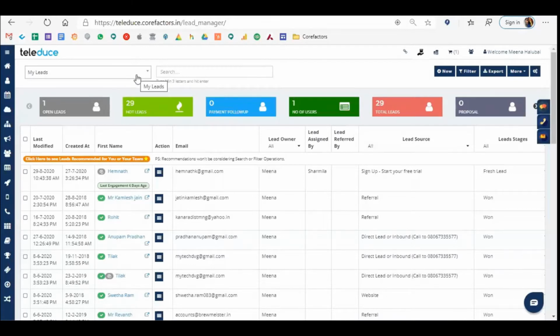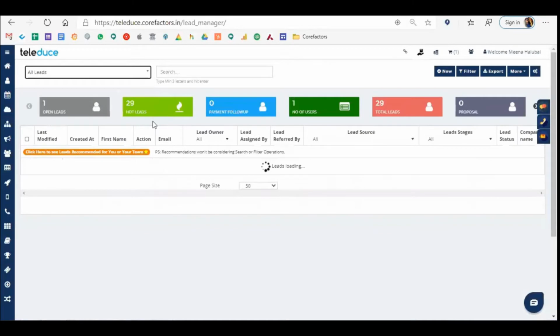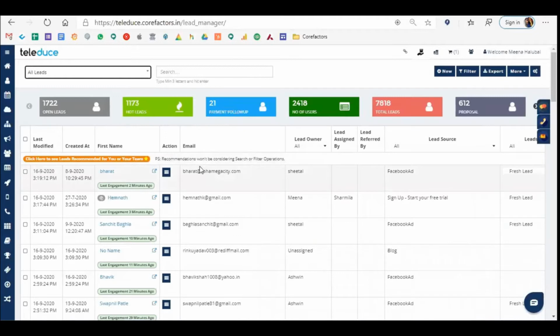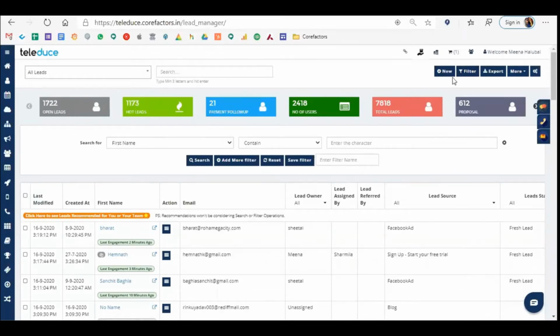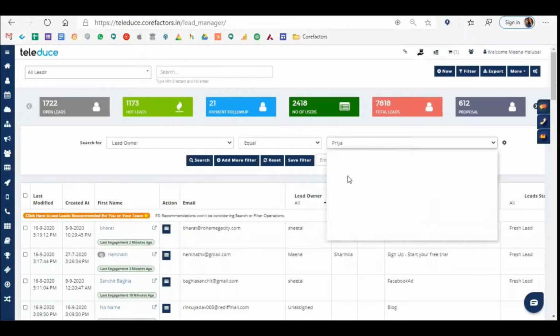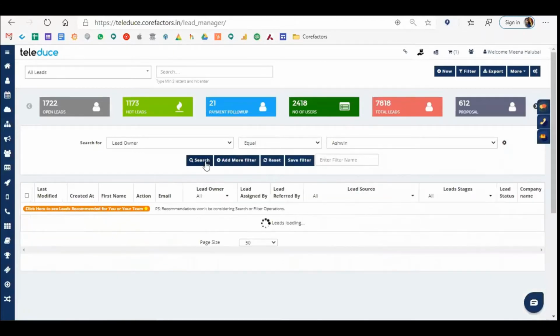The difference between a business owner and a user is nothing but the rights. A user will be able to see only his leads, whereas a business owner will be able to see all leads. Similar to my account, I will be able to see leads for all the other users, like other salespersons. If I want to see for Sagar, Partha, or Vimal alone, I will be able to. So I have filtered based on lead owner. I am clicking on filter, filtering based on lead owner, and I have a lot of people working in the organization, and I'm going to just click on search.